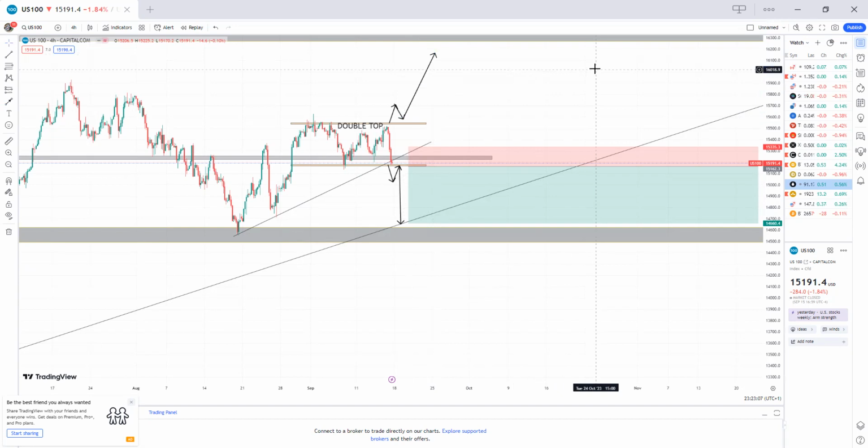So you need to be a flexible trader. So if I'm expecting those two things, if price breaks out from that support level, then I know that